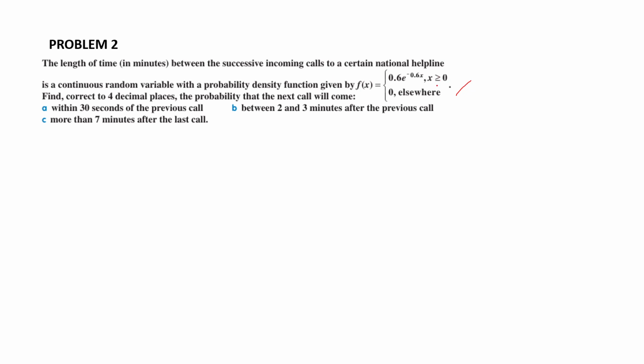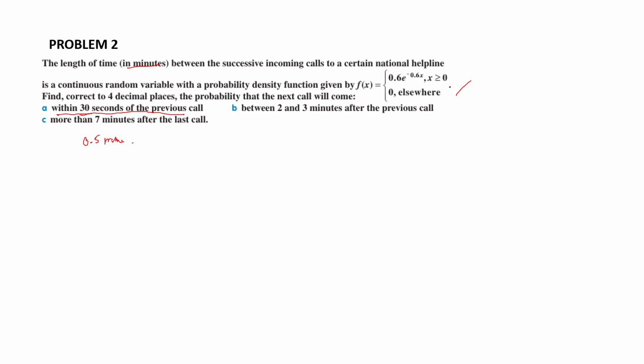The probability that the next call will be: A, within 30 seconds of the previous call; B, between 2 to 3 minutes after the previous call; and C, more than 7 minutes after the last call. So this is in minutes, so we could have this one as 0.5 minutes. Okay. The first thing that we're going to do is find within 30 seconds of the